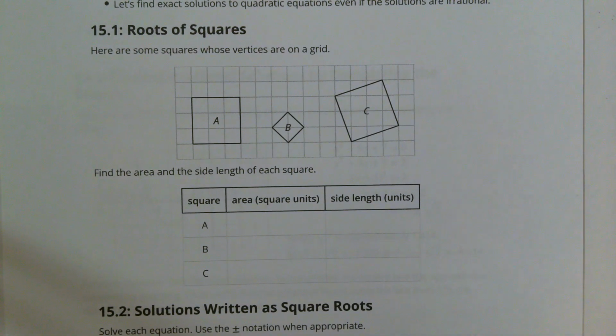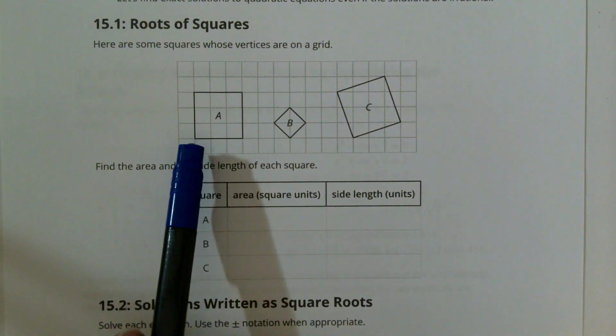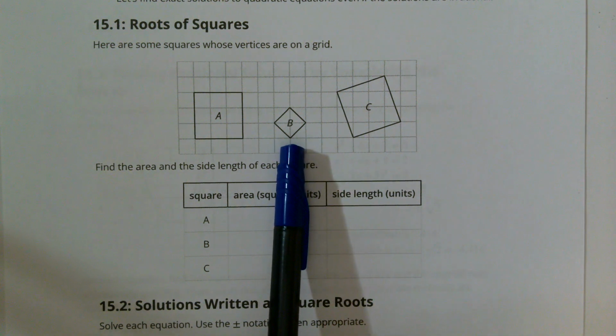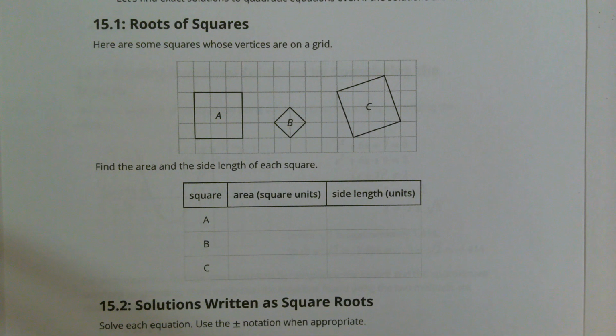it says here are some squares whose vertices are on a grid. Find the area and the side length of each square. There's a couple different ways you could approach this with each square. You can go ahead and pause this if you want to and try to figure out the area and side length of each square. Hopefully you can at least do square A and then maybe see if you can figure out square B and C, and then you can resume the video and I'll go through it with you and tell you what the answers should be. Alright, so